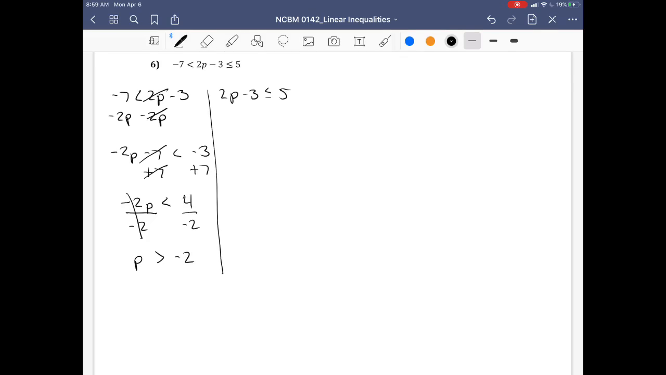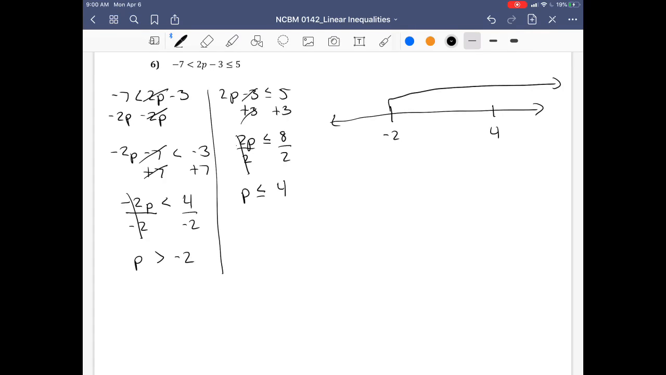Negative 2. Then plus 3. 2p less than or equal to 8. Divide by 2. So p is less than or equal to 4. Like before, let's do a number line to see how this looks. We have a negative 2. We have a 4. The negative 2 is pointing towards positive infinity. The 4 is pointing towards negative infinity. So like before, our answer will be within the middle of the range because this is the only place where they're both true. So I have